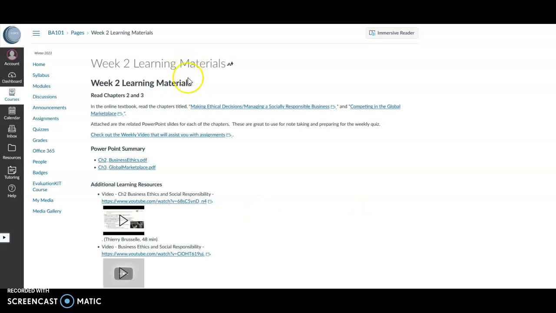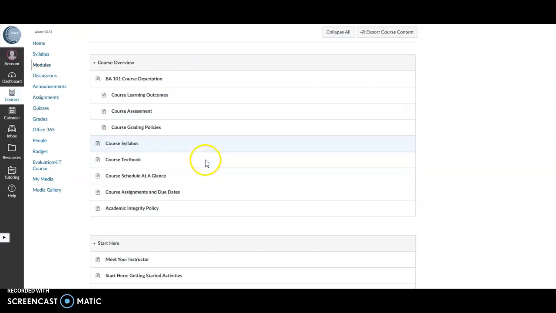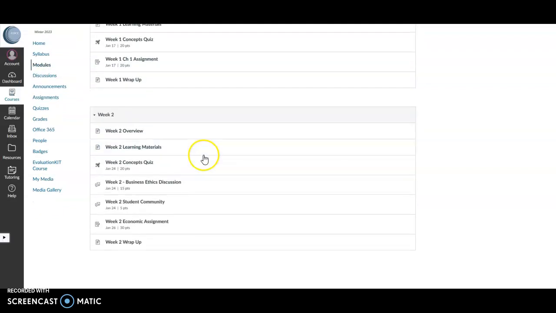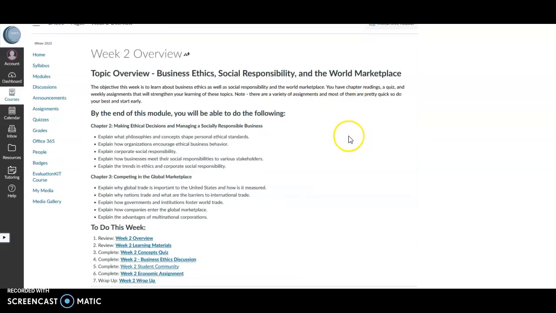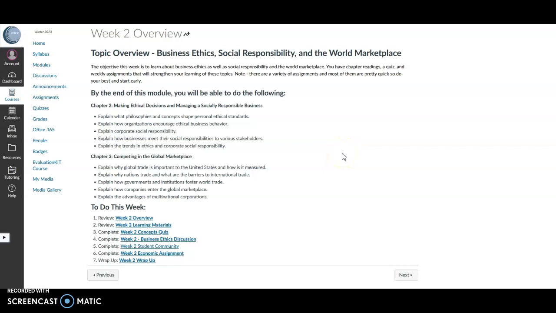The week 2 learning materials is a good place to start, or you can also just click on the modules and go to the week 2 area, week 2 overview. In this you will see we have a couple of chapters: Chapter 2, making ethical decisions and managing socially responsible businesses, and then Chapter 3, competing in